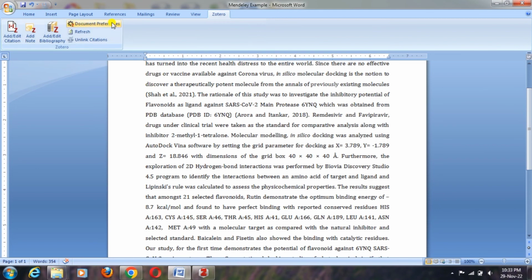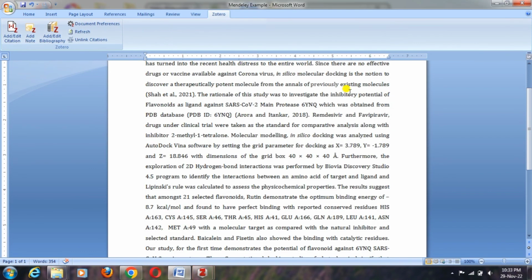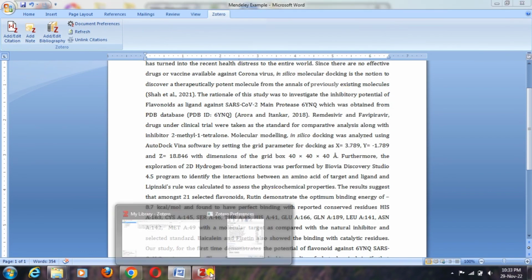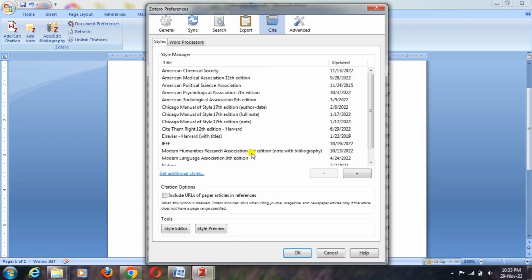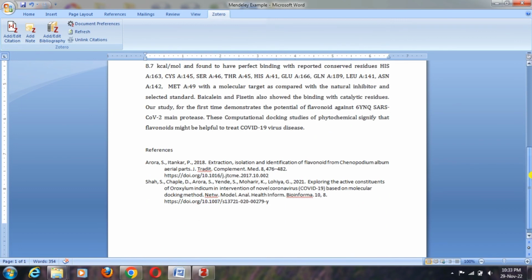Accordingly, if you want to add a further style, then go to manage styles. You will have the next window which will ask you to select from a number of styles. You have to select any one of the styles in which you want to publish or send your paper. After clicking OK, these references will be arranged as per your requirement and you can save this file.